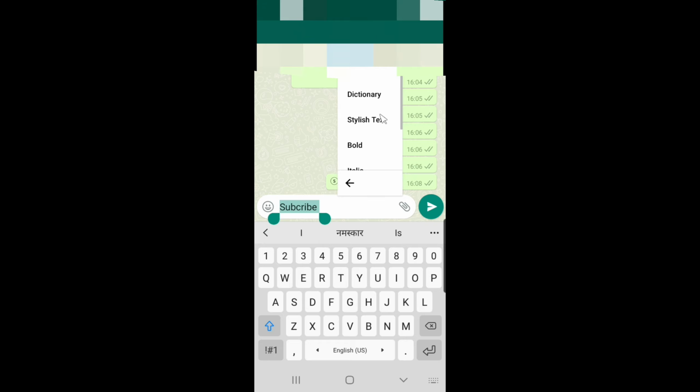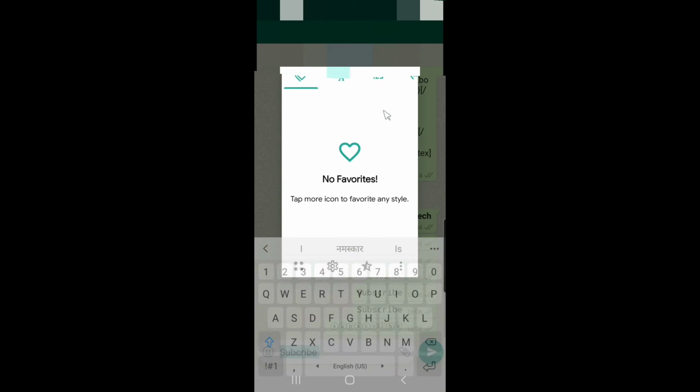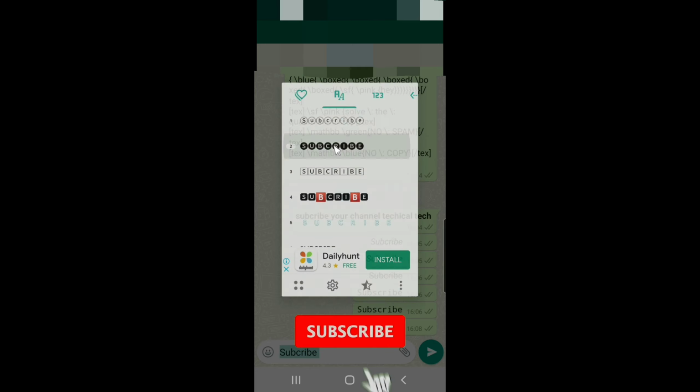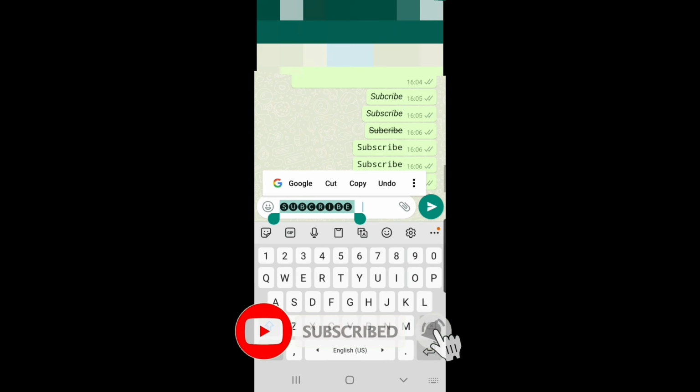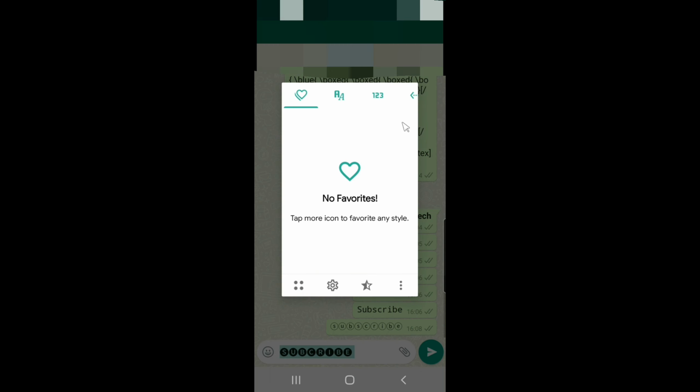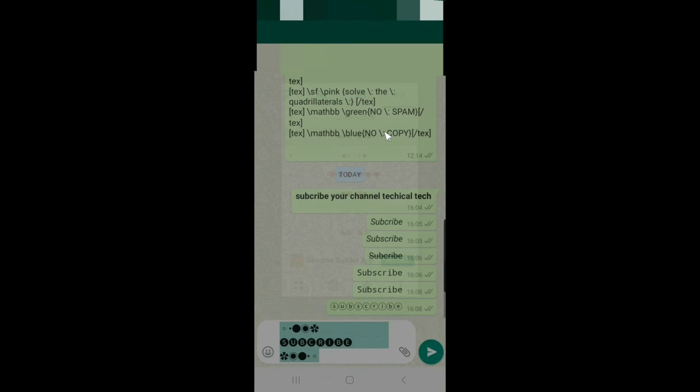As you can see over here, one option is coming, stylish text. If you do not download this app, the stylish text option will not come. Over here we can select any of the styles, and we can select arts also.